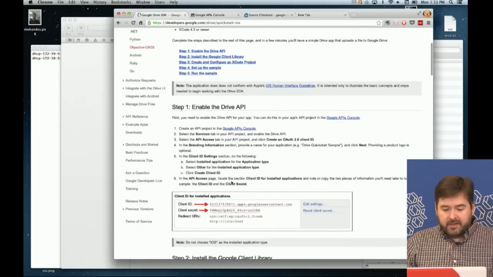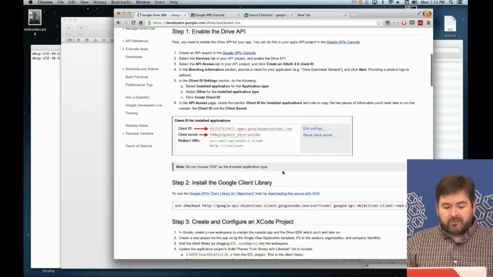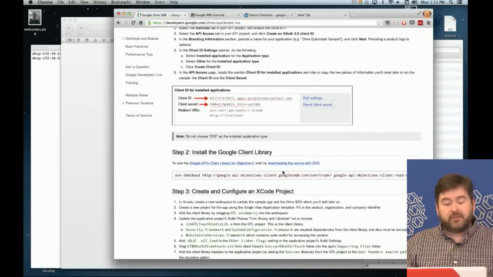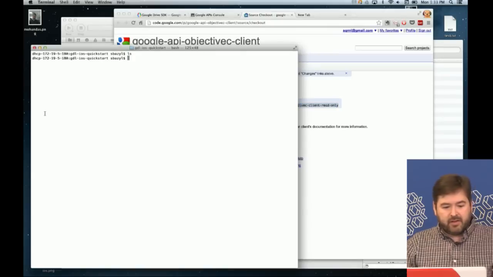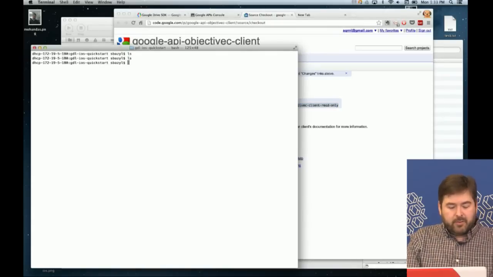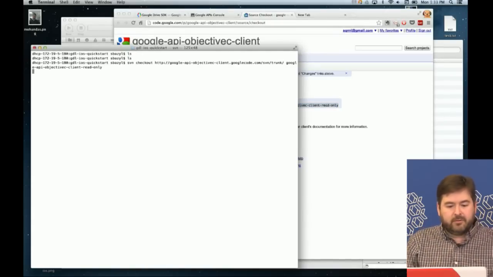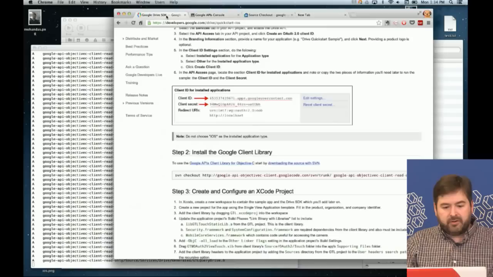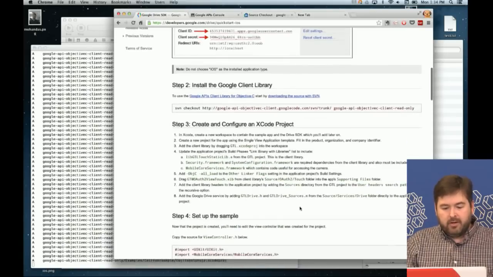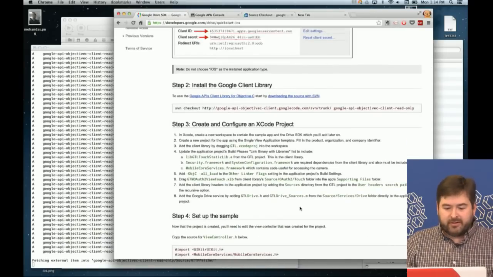So we've done step one for enabling the Drive API. The next thing is we need to get the Google Client library. The instructions are here. Basically, it is really not much more than a copy and paste of this line. So right now we just have a little empty directory here. We'll go check that out. Life is pretty good. And while that's going, we're going to move on to step 3, which is create and